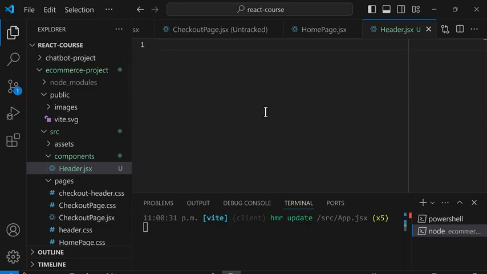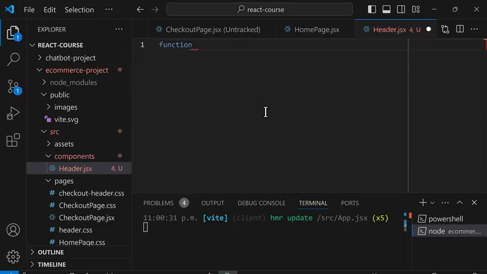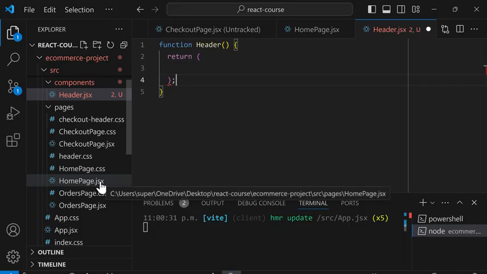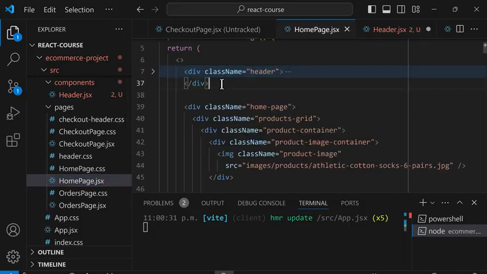And in here, we'll create a component for the header using function Header, brackets and curly brackets, and we'll return brackets, and we'll move over the HTML. So we'll open homepage.jsx, and we're going to select the HTML for the header and